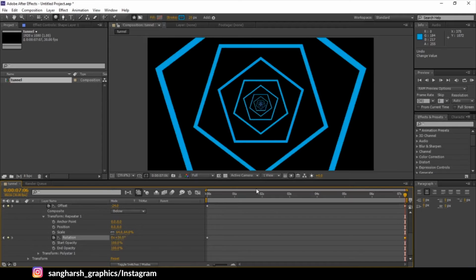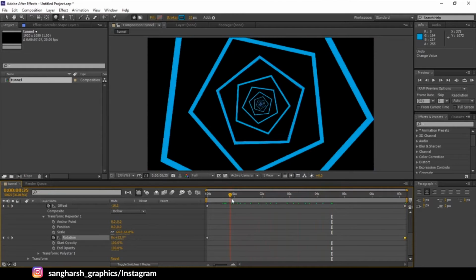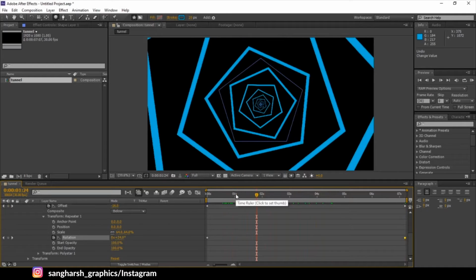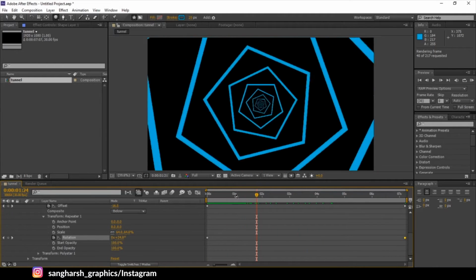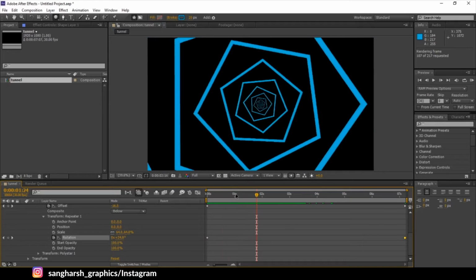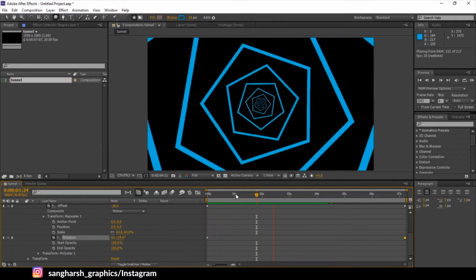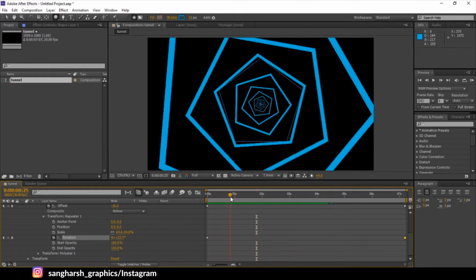Also you can increase the rotation, and as you can see we have quite a good animation. You can increase or decrease the speed by adjusting the offset value. Okay, it seems perfect to me now.